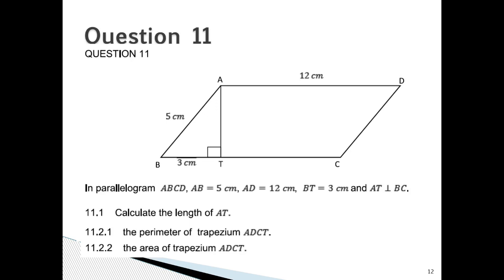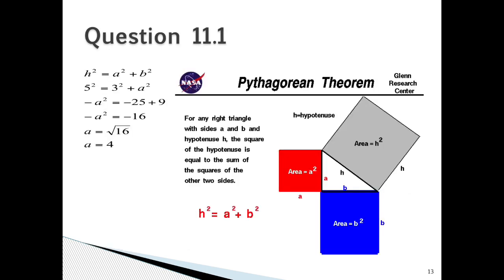11.2.1. The perimeter of the trapezium ADCT. And 11.2.2. The area of the trapezium ADCT. We need to consider using the Pythagoras theorem, where for any right angle with sides a and b and